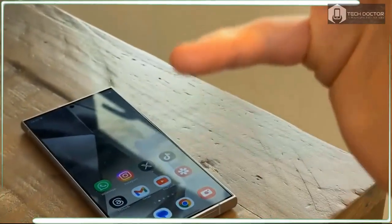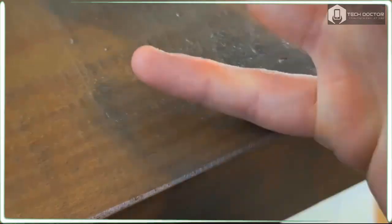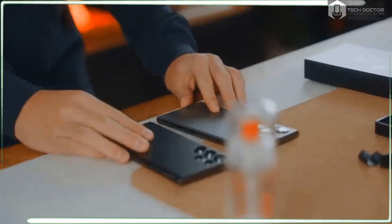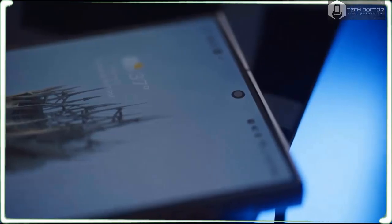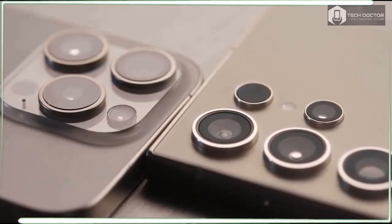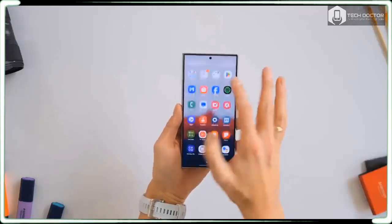The Galaxy AI stuff is being pushed hard, and while some of it is worth your time, it's not a reason to choose the Galaxy S24 Ultra on its own. It's a combination of all its parts, from the amazing battery life to the genuinely improved camera, that makes it a must-buy. Although I say it's even worth an upgrade from the year-old Galaxy S23 Ultra,